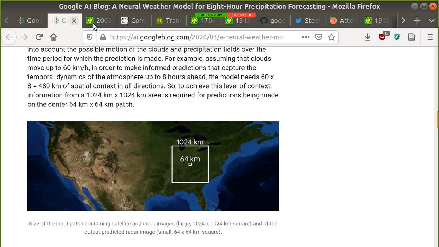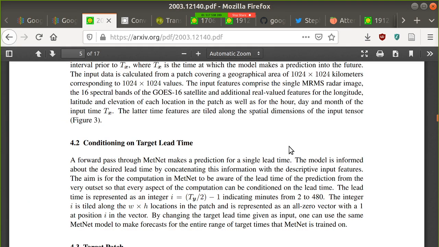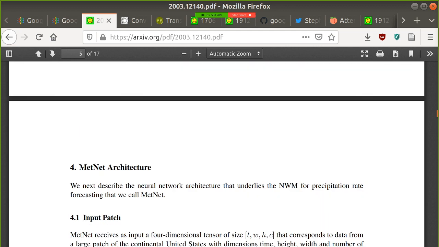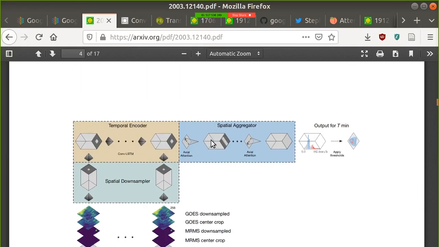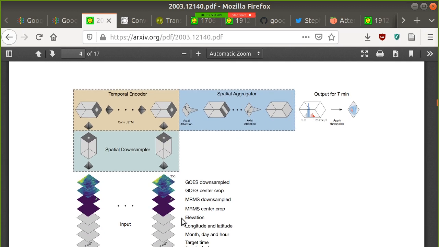So if we review what they're doing, in their figure 2, they have their entire network. We start off with these big 1024 by 1024 images with 20 channels or so. We pass it through the initial stages of the network, which reduce spatial resolution while increasing the number of channels. We then pass these results through a temporal encoder, which incorporates this information every 15 minutes for 90 minutes total. We then pass it through the self-attention module, which then causes every output to depend on every